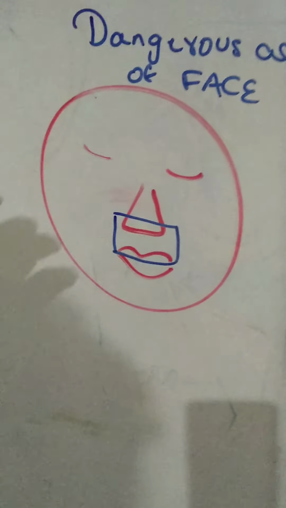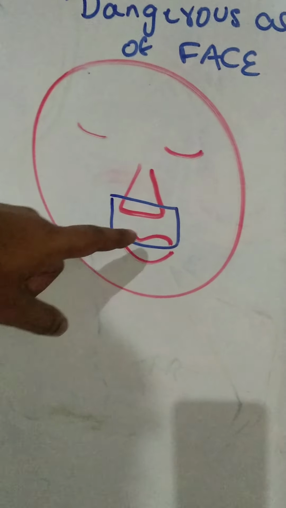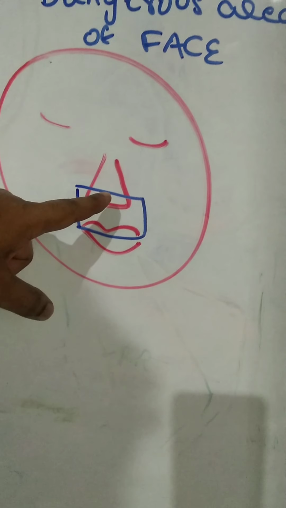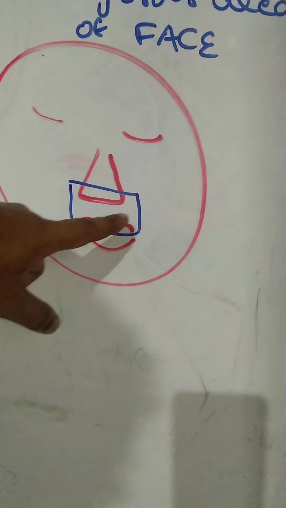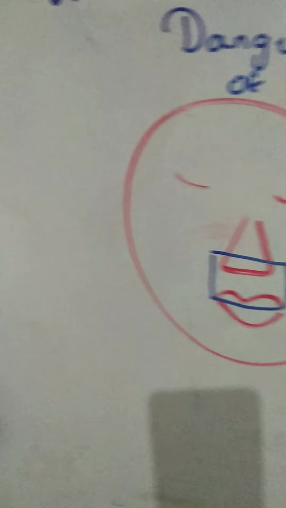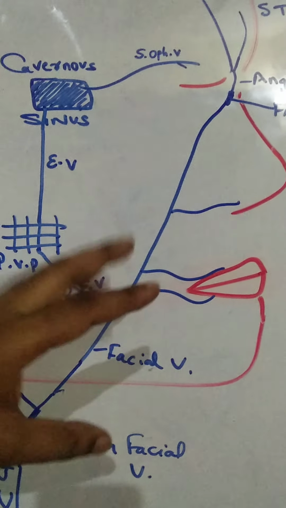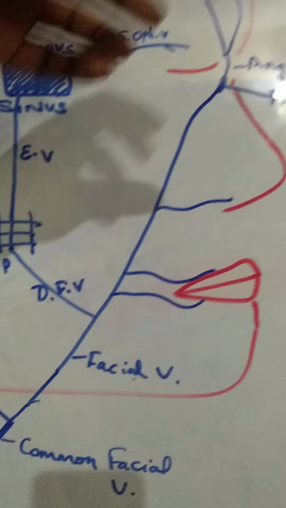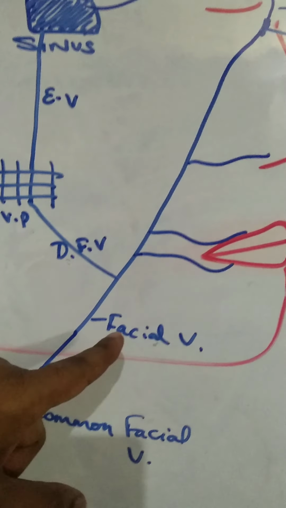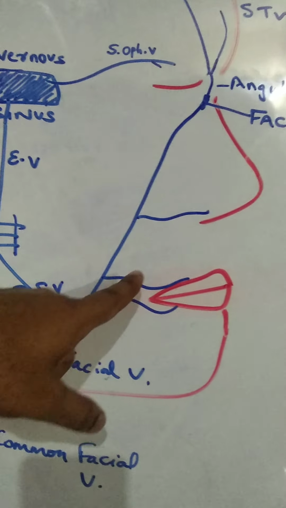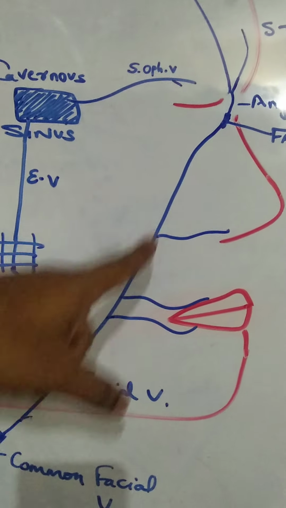Now why is it called the dangerous area of face? Infection of this area, that is the lowermost part of the nose or the nasal septum, anterior inferior area, the upper lip, and this anteriormost part of the cheeks. Because this facial vein is the largest vein and the vein is valveless, there is no valve, it will not regulate the blood flow either upwards or downwards. Because of that, the infection, if it reaches this facial vein from these labial veins, can you see? Labial veins, lateral nasal vein, it can end up in facial vein.